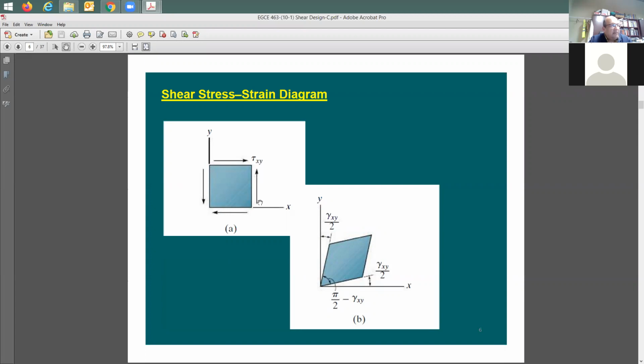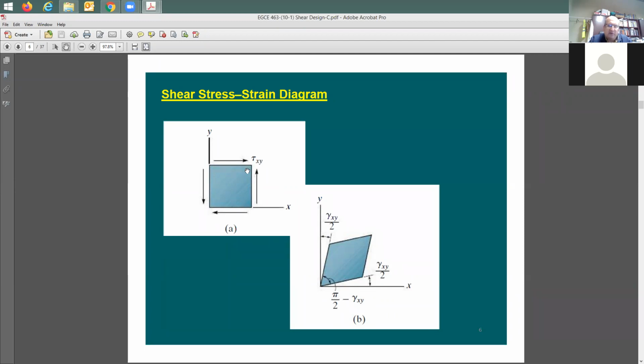If one direction is going up in this side, which is the x side, the other one needs to be going down. Otherwise, the stress element is going to be unstable. So to make it stable, if this one is going up, this one is going down, so that this is exactly equal in value to this one. Same thing for the x direction stress, which means the y face of the stress element. If the top is going right, the bottom one has to go left